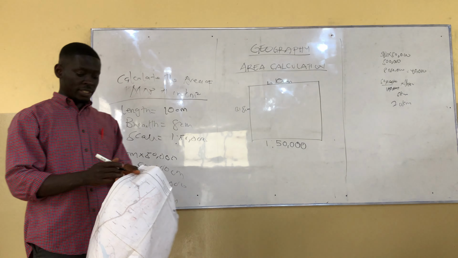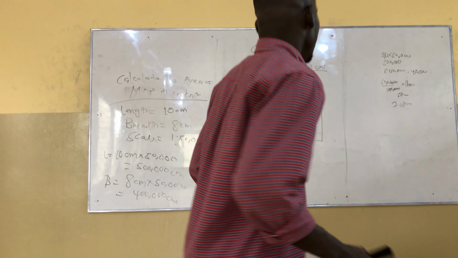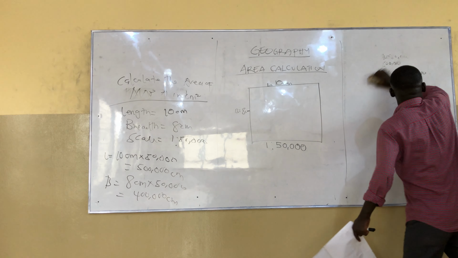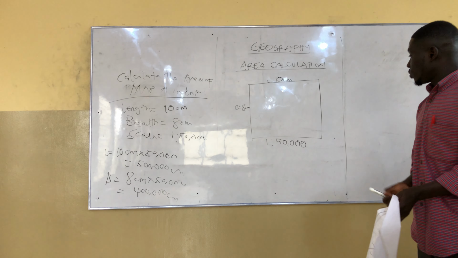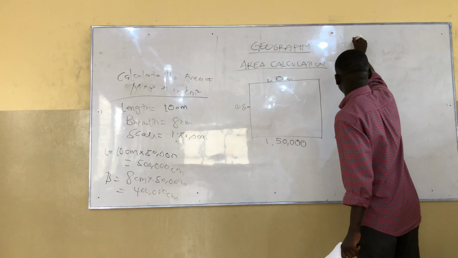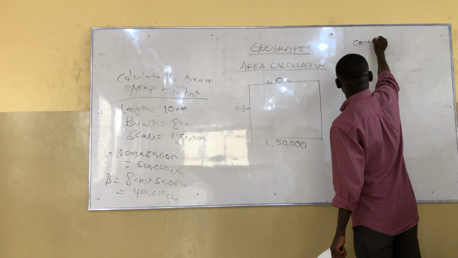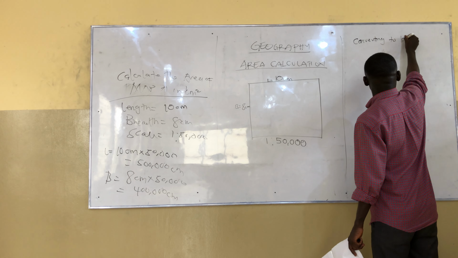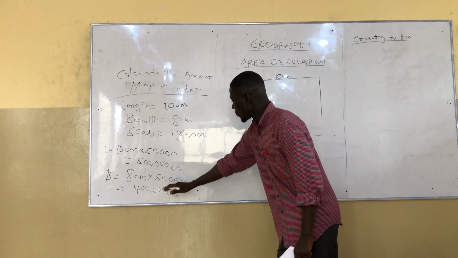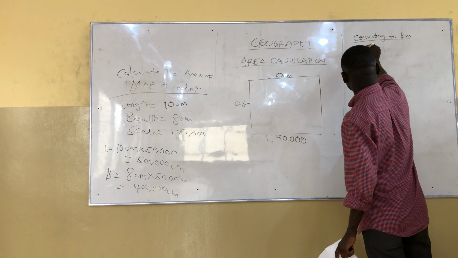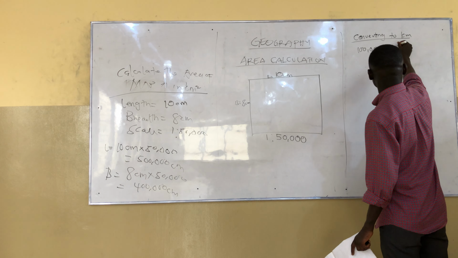So how are you going to do it as a geographer? This information is very important for us to know the area of a map. So from this point, what are you going to do? You just convert, converting to kilometers. How are you going to do it? It's a matter of knowing the variables. We state that 100,000 centimeters will give us 1 km. So if 100,000 cm is giving us 1 km, therefore